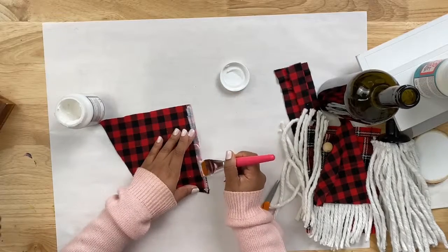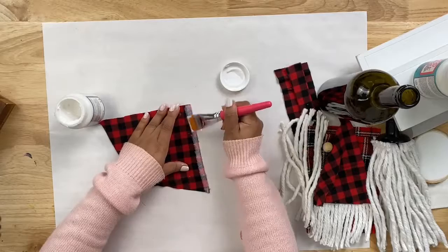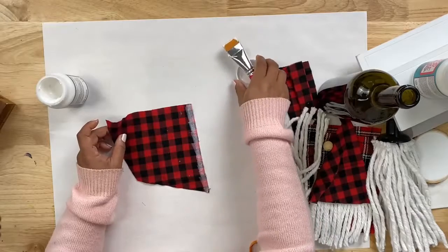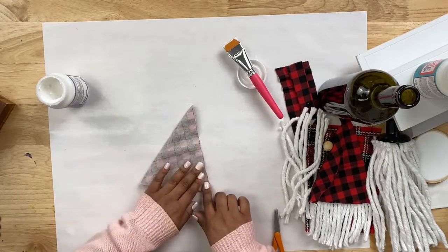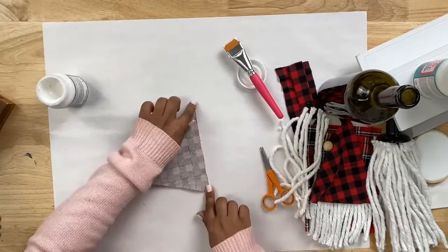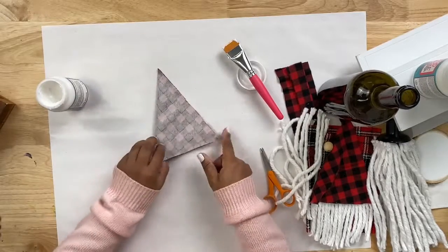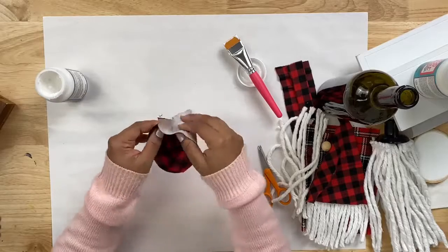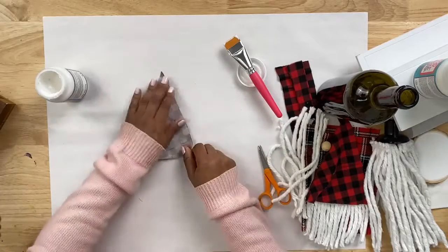And once we get this covered, we are going to close the hat up. Okay. So that should be enough. I'm going to close it up. And like I said, you want your fabric to be inside out, because once this dries, we are going to flip it over, and we want that seam to be seamless. So, fabric inside out, guys. And when we do pull this out, that seam will be perfect. We can kind of already see it here. But we're gonna let this dry for a few minutes. In the meantime,